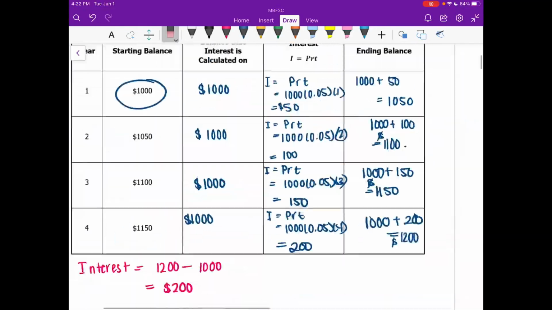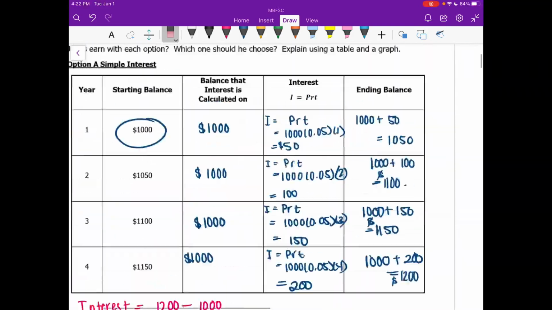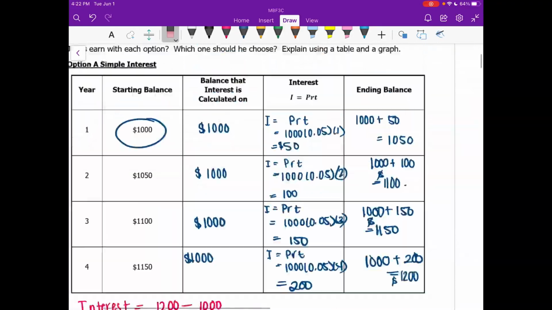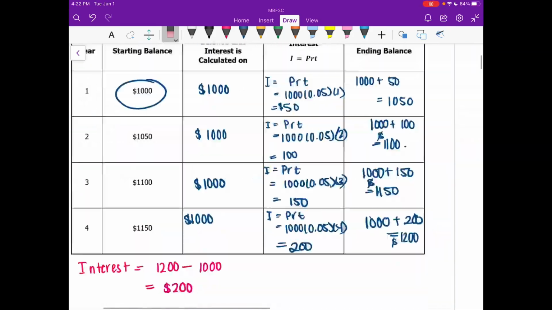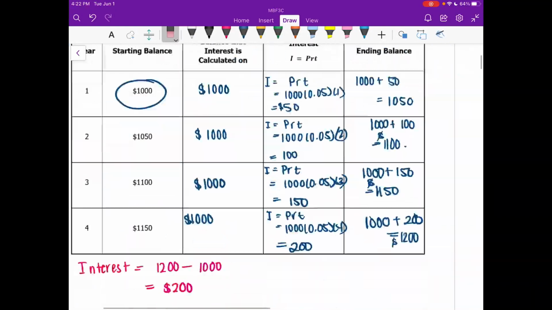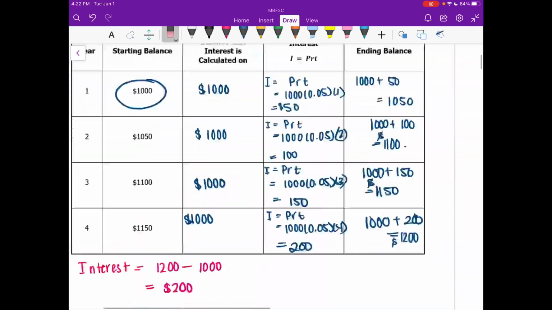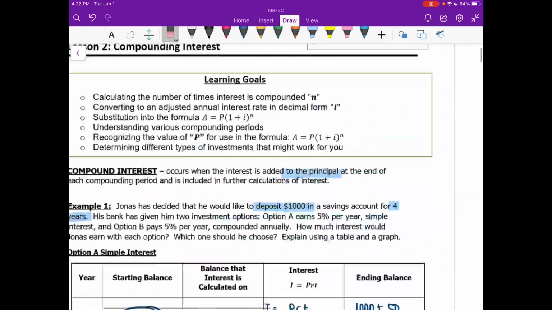FV equals 2,000 times (1 plus 0.05 times time). So let's do that. 0.05 times 5 is going to be 0.25, plus 1. So I'm going to have future value is equal to 2,000. And you can just honestly do this all in one step. I'm just showing it to you for the sake of clarity. Do whatever's in the bracket first. Then the rate times 2,000 is going to give us